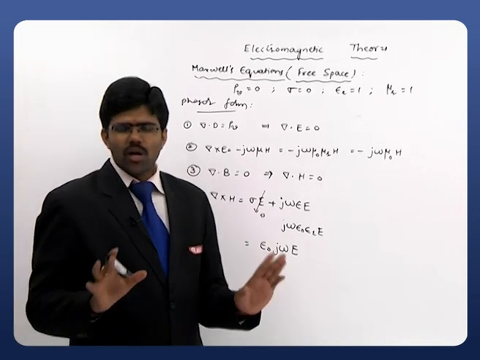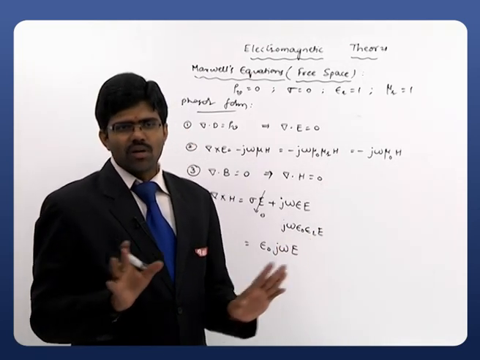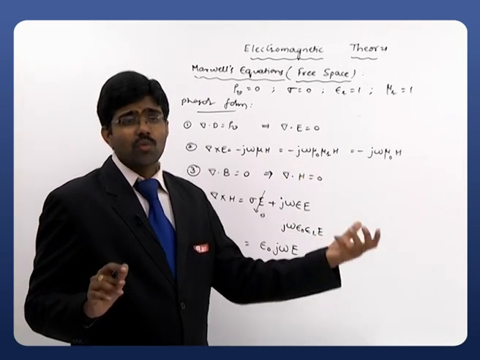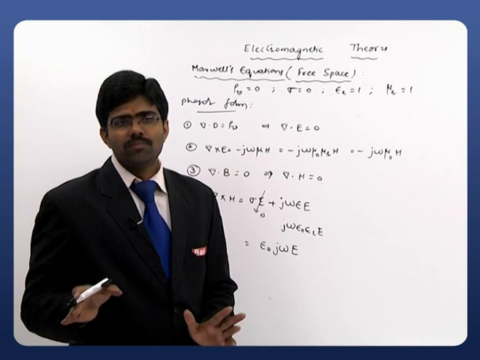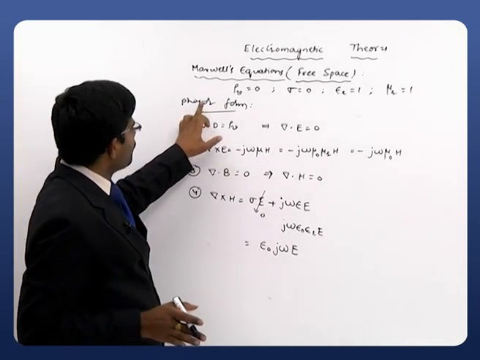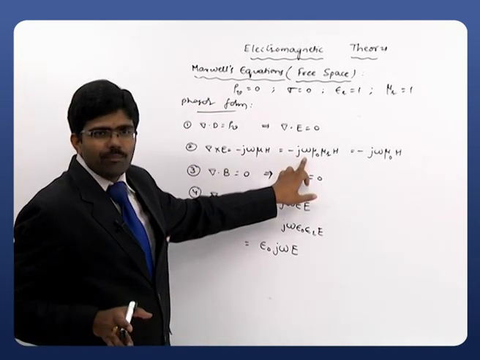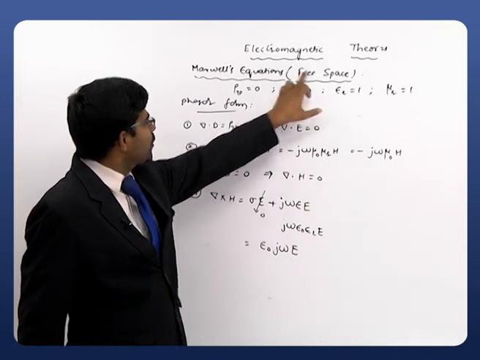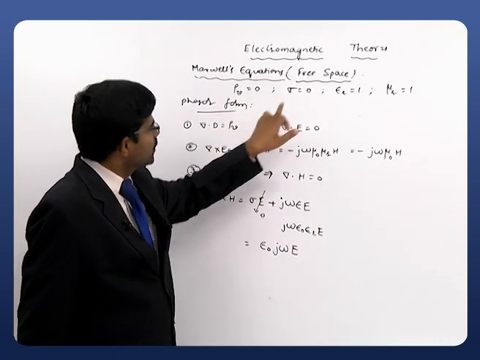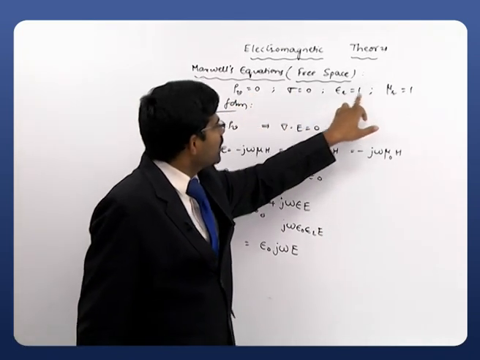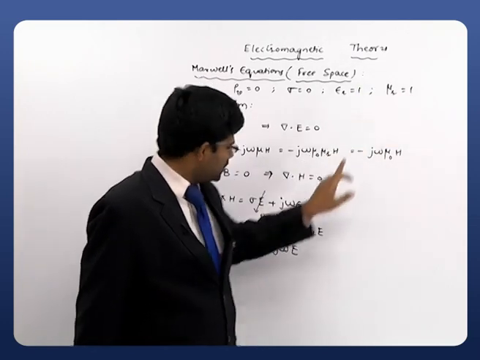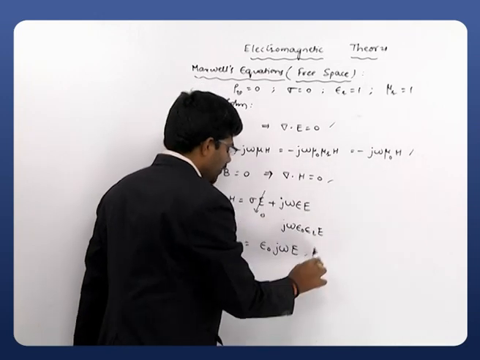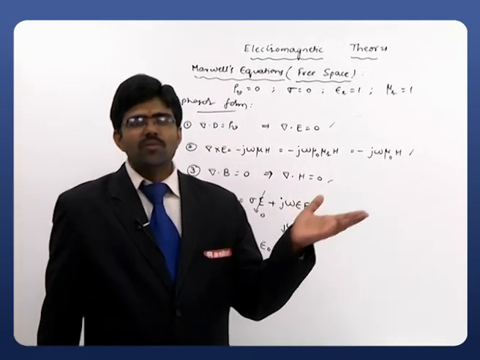So just observe a very simple modification, we are not supposed to take any complex equations. We are just supposed to replace the terms with the relevant terms. Here for Phasor form, dou by dou t will be replaced with j omega, and that Phasor form equation is observed for free space. Since we are observing for free space, rho v is equals to 0, sigma is equals to 0, epsilon r and mu r, these two will be replaced with just 1. So the four equations that we have, these four are meant for our free space and are written in our